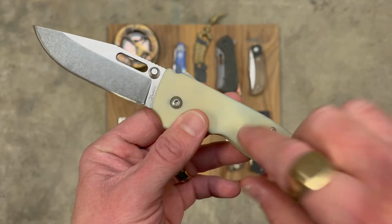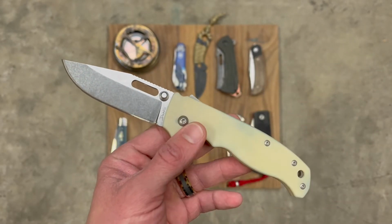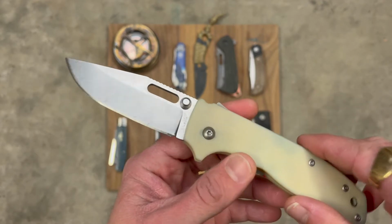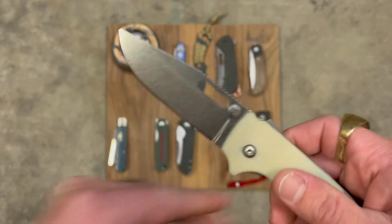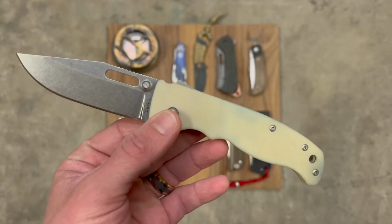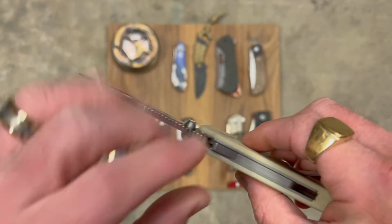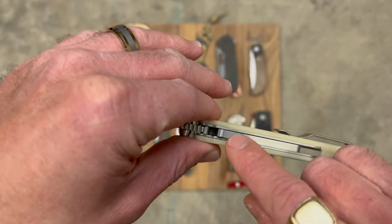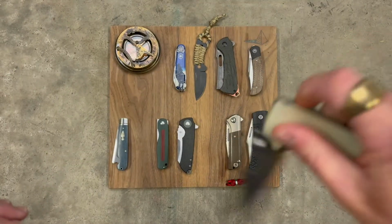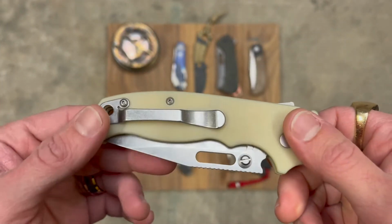Now here's the thing, the price of entry here. We're now in the high tier, which is 150 up. The price of entry for this knife is about 155. We're right on the edge here. I do think 155 is a little high for what you get stock. But here's the thing, I'm arguing that you are paying for the shark lock. This is a new innovative lock design from the